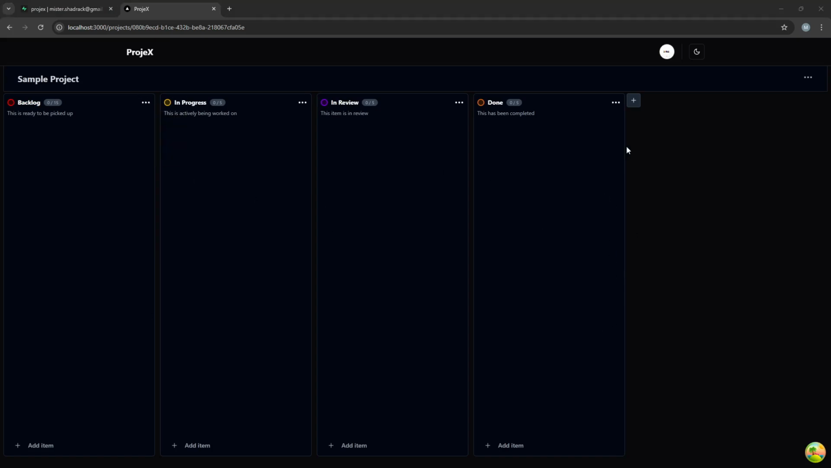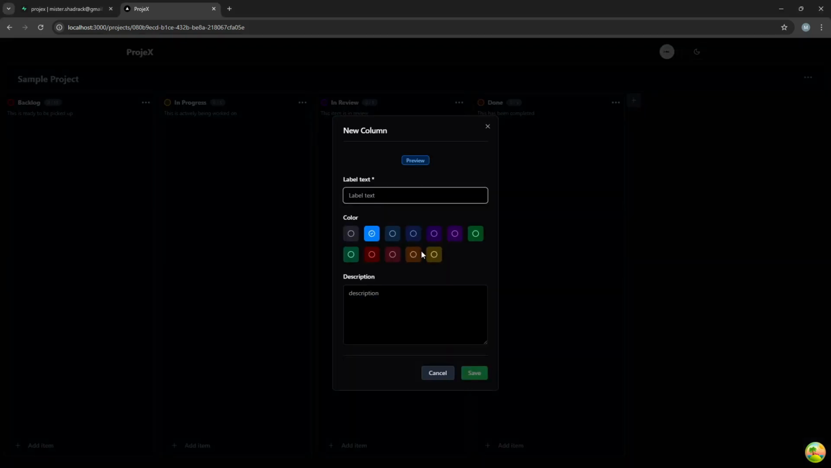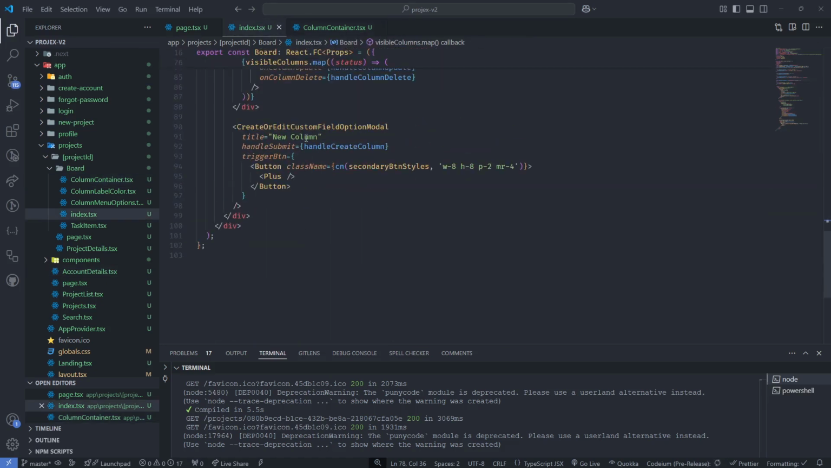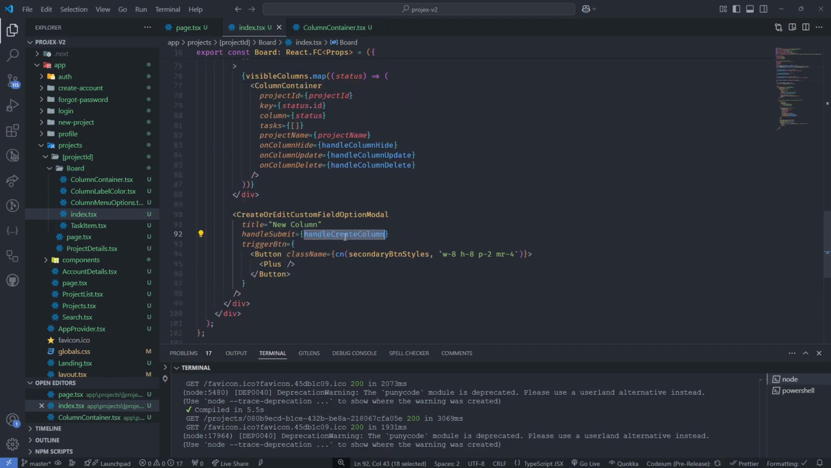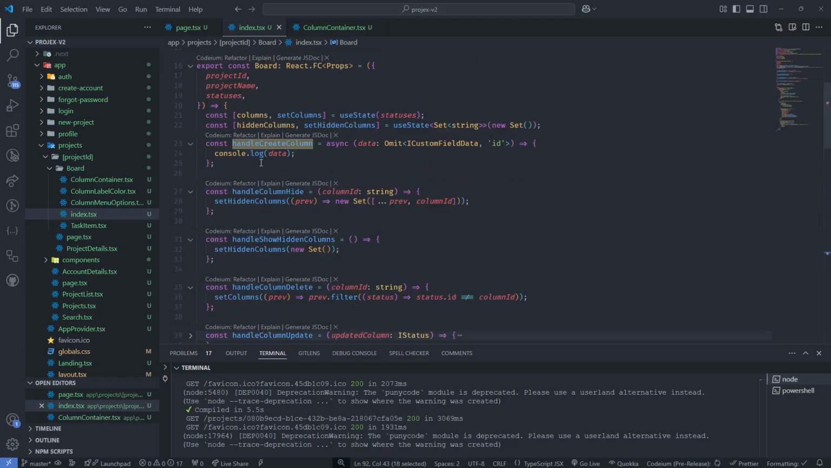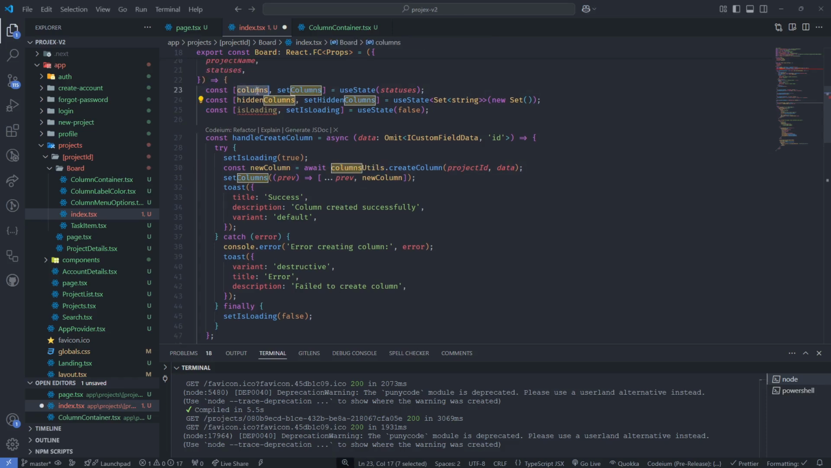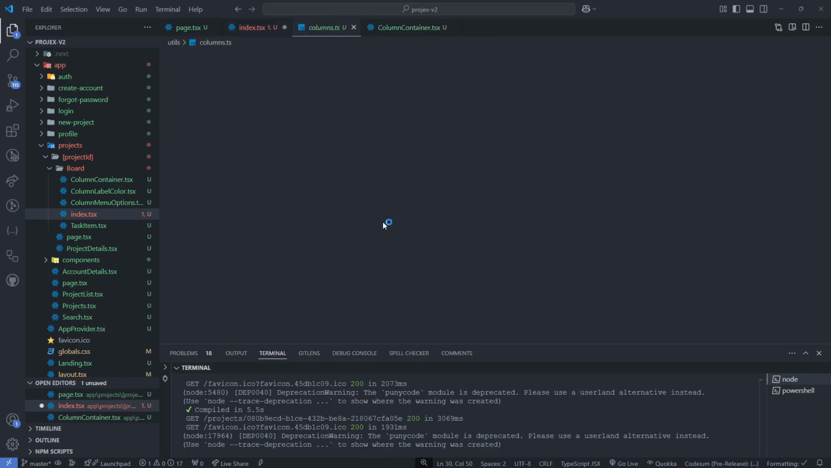All right, so now let's work on creating a new column. When we click on this button and we fill the form, so that is supposed to be here. All right, so we have this form here, and then we have the handle submit, right, which is calling this function. So we are going to fill out this function. Okay, so I have imported column utils here. I'm calling it column utils because we already have columns here. All right, so for create column,